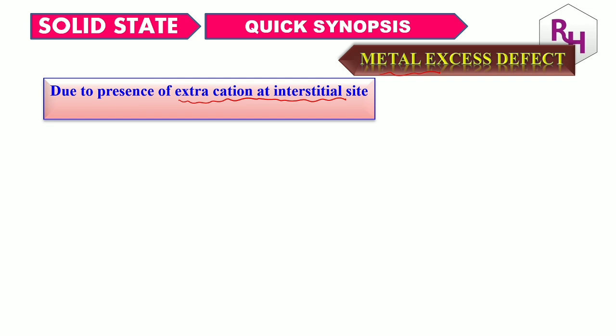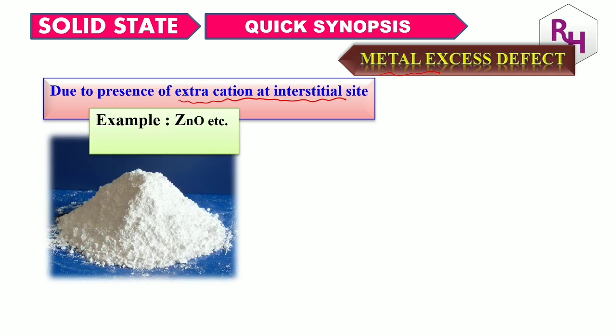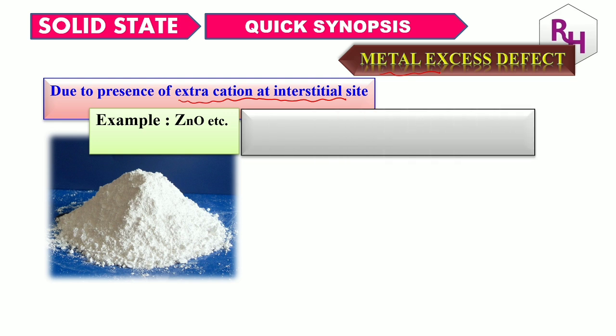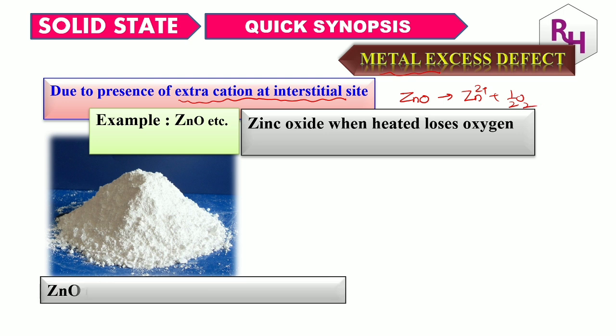Cationic vacancy is created. For example, ZnO. What happens is, when zinc oxide is heated and dissociated, ZnO gives rise to Zn2+, half O2, like this, you can say it loses oxygen. ZnO gives rise to Zn2+ plus half O2 plus 2 electrons. Now what happens? In ZnO, oxygen is removed, oxygen gas is evolved, and that place is occupied by electrons,